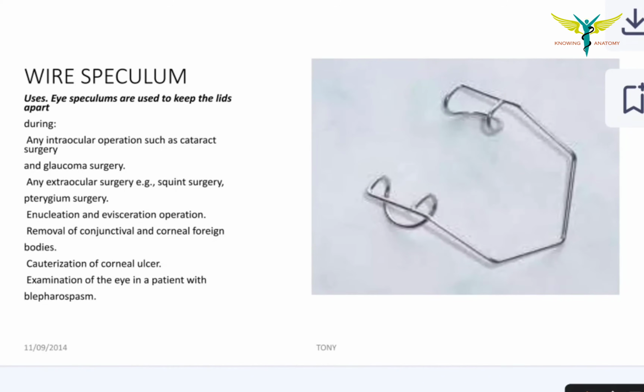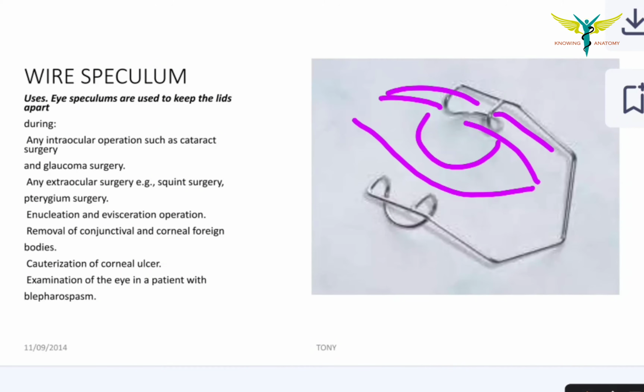Wire speculum. This is an eye speculum which is used to keep the eyelids apart. So in between we have the eye here and it keeps the eyelid apart during the operation. It is used in any intraocular operation such as cataract surgery, glaucoma, or any extraocular surgery like squint, pterygium, enucleation, evisceration, removal of conjunctiva for corneal foreign bodies, cauterization of corneal ulcer, and also examination of eye in patient with